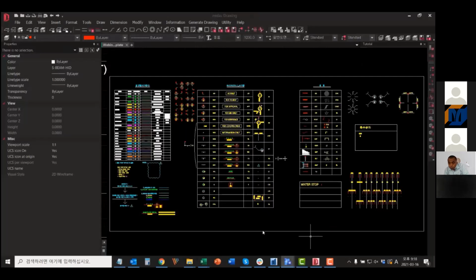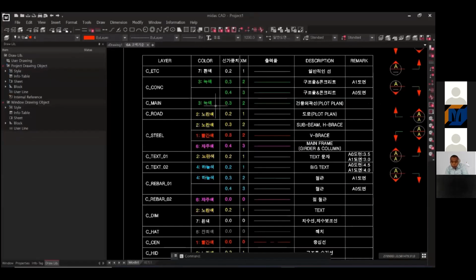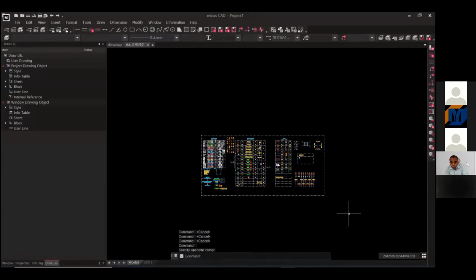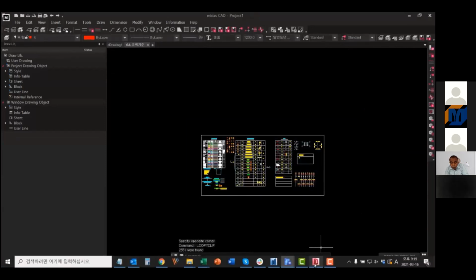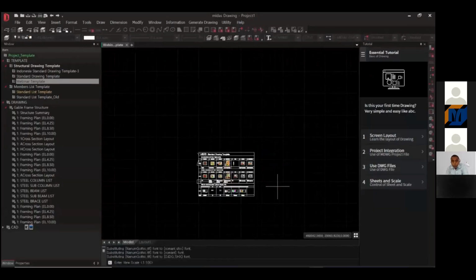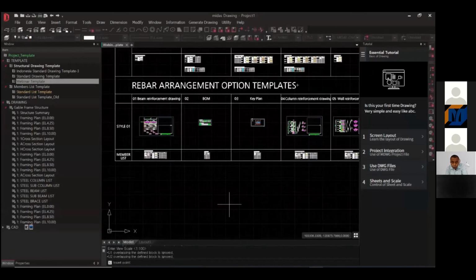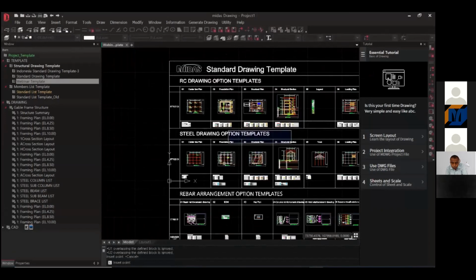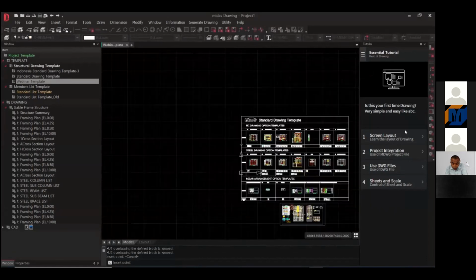However, I will apply the match property in a different way and modify it. This drawing is my own template that collects the layers I often use in my project. Lines are set differently for all members. After selecting and copying all of them, then paste them into the drawing where the template exists. The shortcut keys used at this time are Ctrl+C